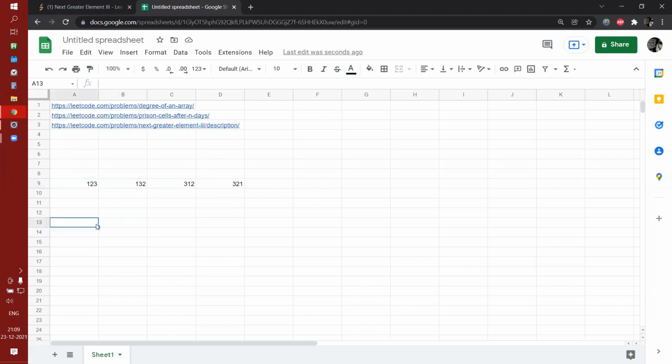Let me take a bigger number, for example 1, 2, 4, 3, 6. The next greatest number will be 1, 2, 4, 6, 3. So how can we do that? We can iterate from the back, because we know that the next greatest number will form when the